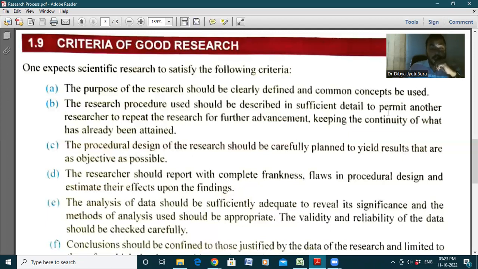The procedural design of the research should be carefully planned to yield results that are as objective as possible. The researcher should report with complete frankness, flaws